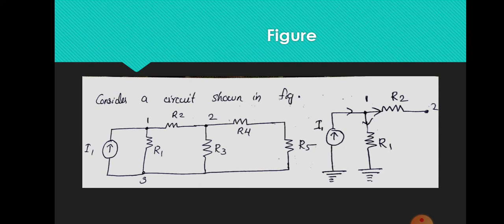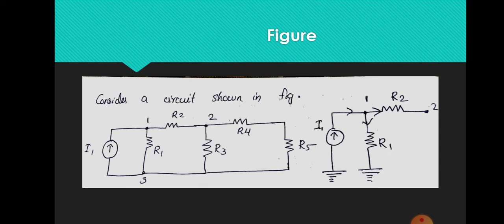Next is resistor R1, whose one end is connected to node 1 and the other end is connected to node 3, and since node 3 is at ground potential, I am drawing the ground symbol, okay. Next is the resistor R2, which is connected to node 1, and its other end is not connected to ground potential. It is not connected to node 3, that is why we are indicating that point as 2, okay. R2 is connected between node 1 and node 2, so its potential at one terminal will be V1 and at the other terminal V2, okay.